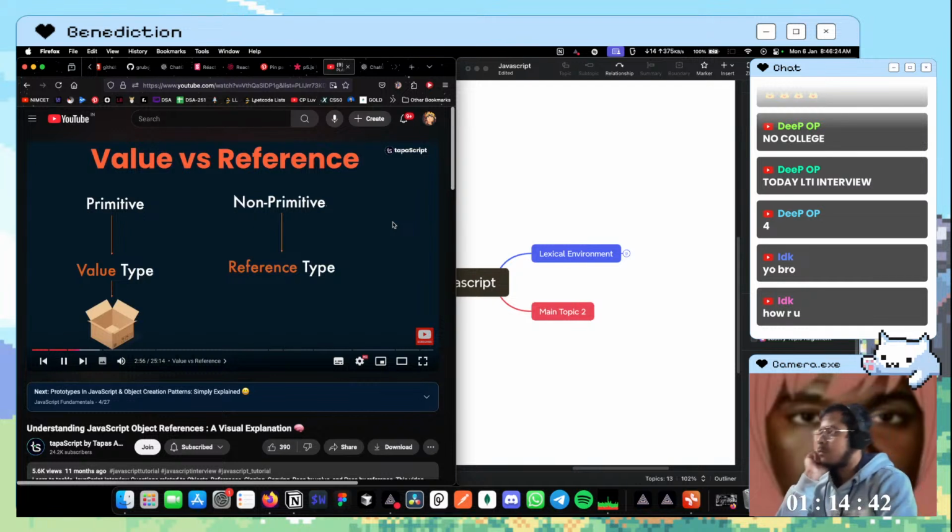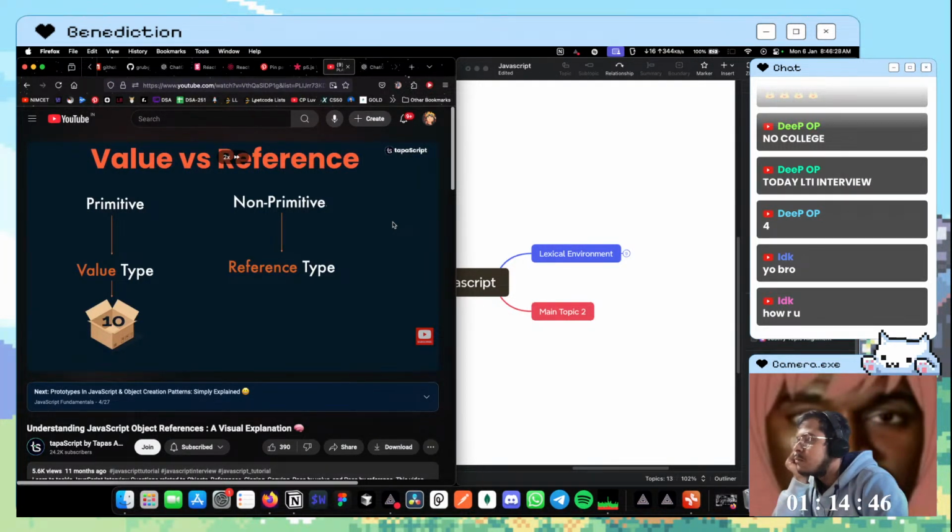You want to assign some value to it, say value 10. So you will be keeping the value 10 directly inside this box. Imagine it in this way. So it means for any primitive that we have learned, be it string, number, boolean, or whatever it is, the data that we assign to them is the actual data. The actual data is what gets assigned to them or stored in them.